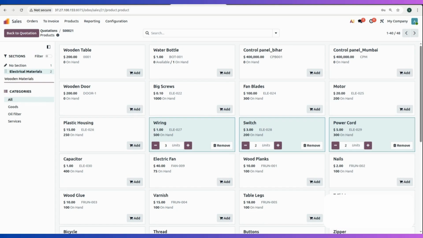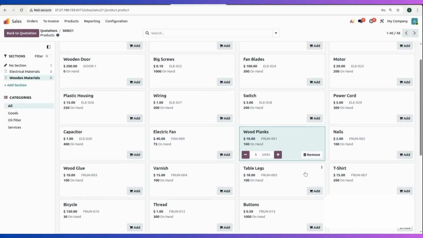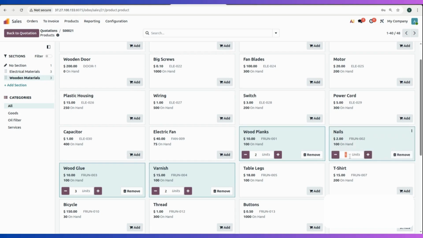So in the wooden materials, I just select the wooden planks and I need two wooden planks, and I need a varnish, two varnish things, and I need a wood glue. So I've added these details. And also I need nails. I need 10 units of nails. Okay. So once I add these details and I click back to quotation,